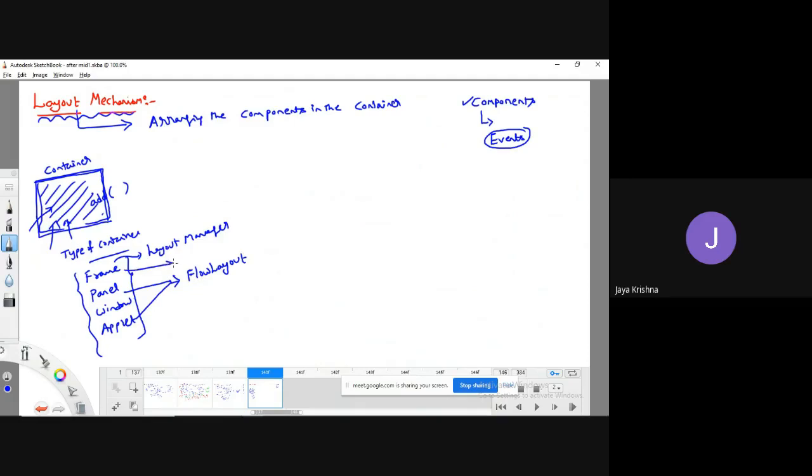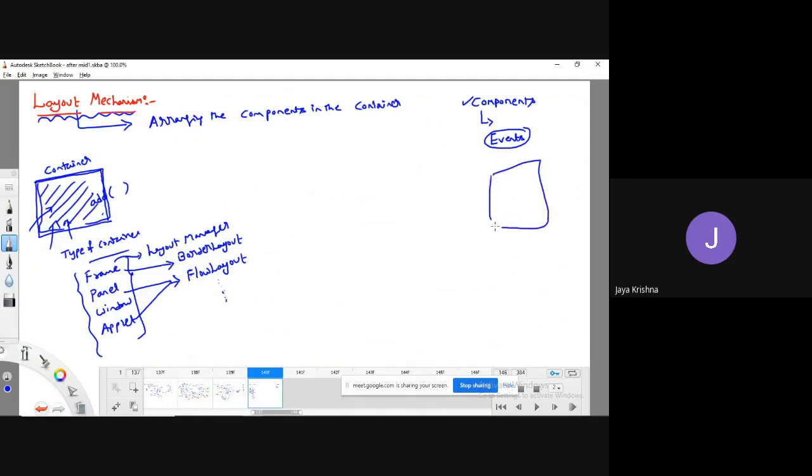And frame will follow border layout mechanism. Like that, depending on the type of container, it will follow different types of layout mechanisms.